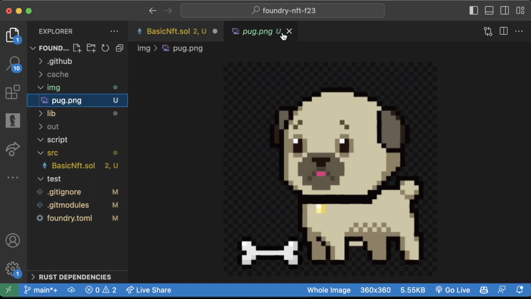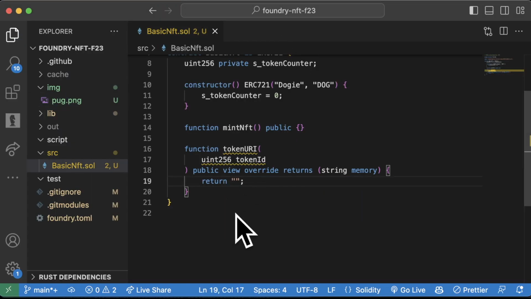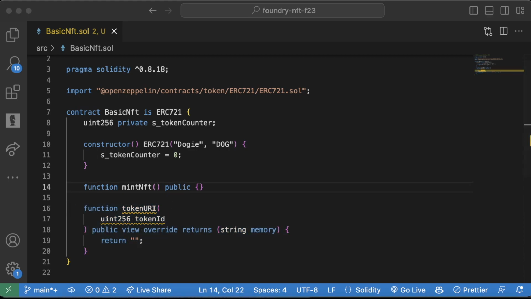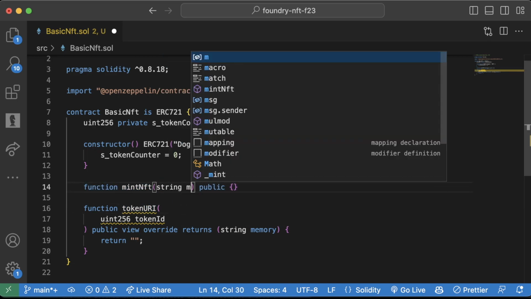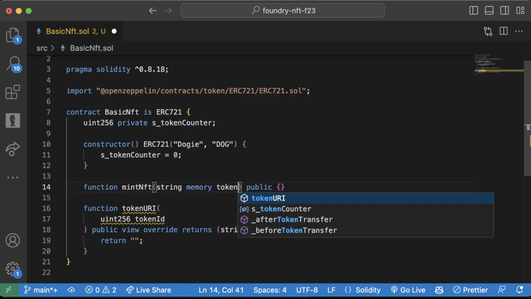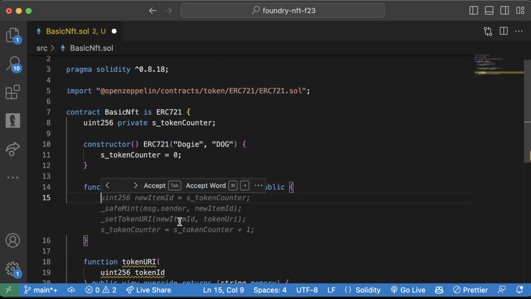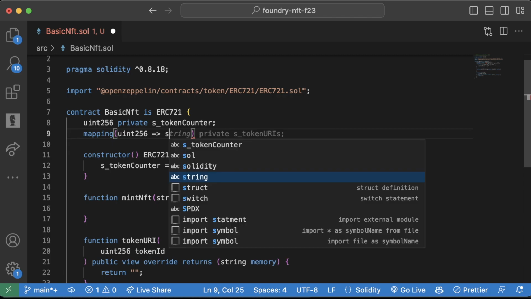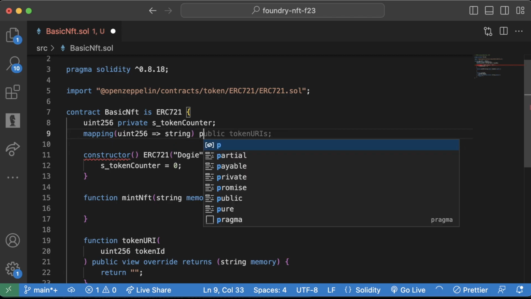Anyways, okay. Back to our NFT. We could just literally paste the token URI in here so that every one of our dogs would be exactly the same, but let's make ours a little bit more creative. Let's allow people to actually choose their own token URI, choose what each one of their tokens will look like. So we'll allow them to pass in a string memory tokenURI. And then we'll have a mapping at the top here, a mapping of uint256 mapped to string called private